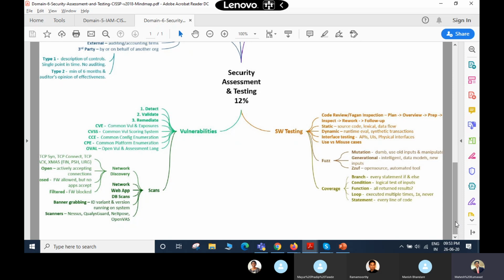Second, you should have a basic understanding of software testing and testing models. What types of testing are there? And you should also have a basic understanding of the different types of databases. So this is all about the software testing we need to work on. Any questions on this right now, guys?